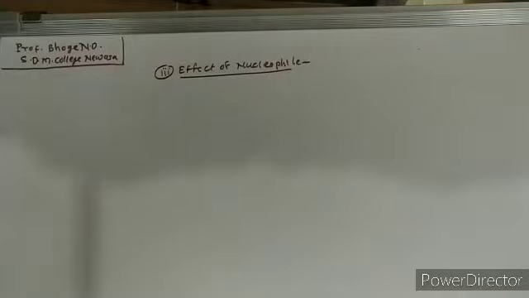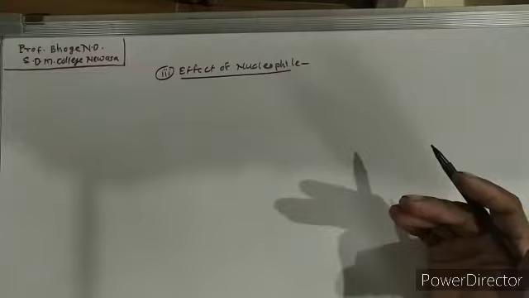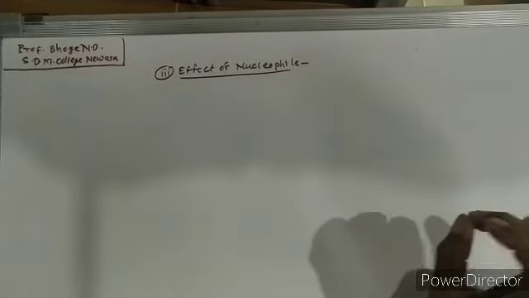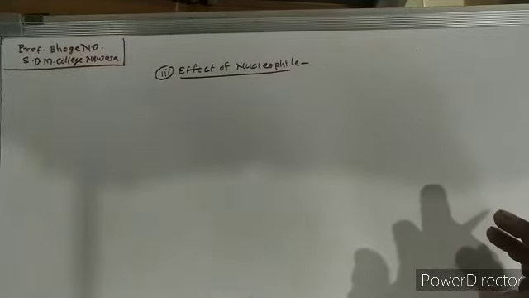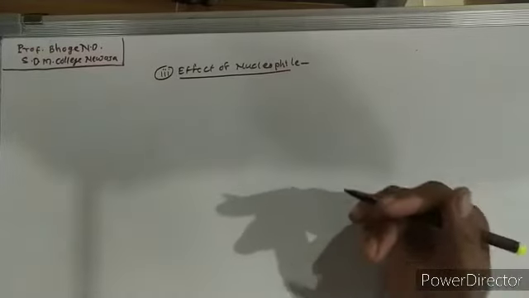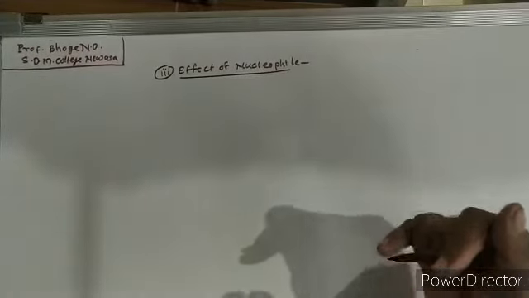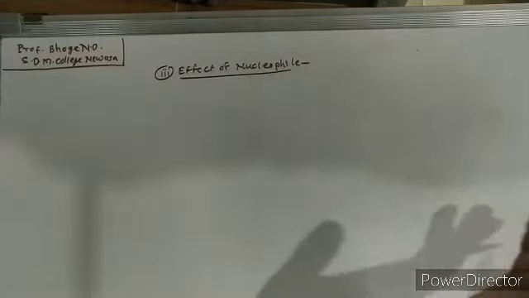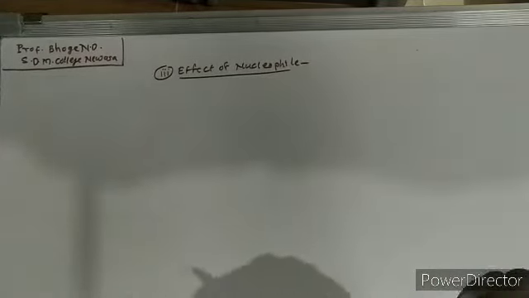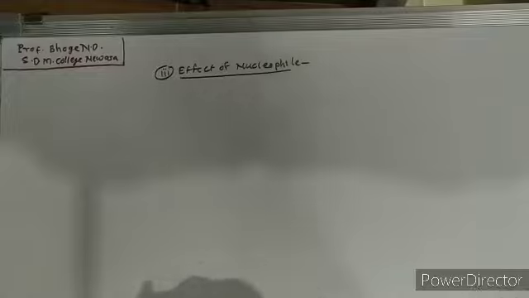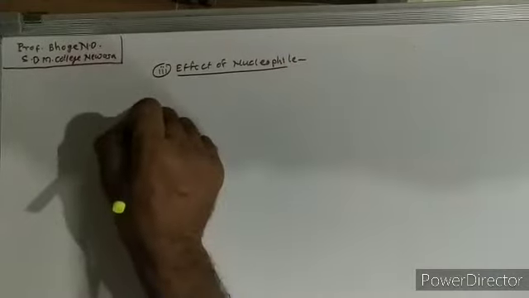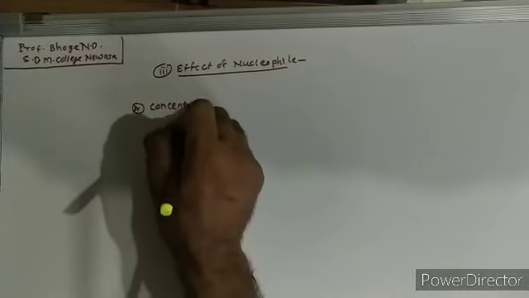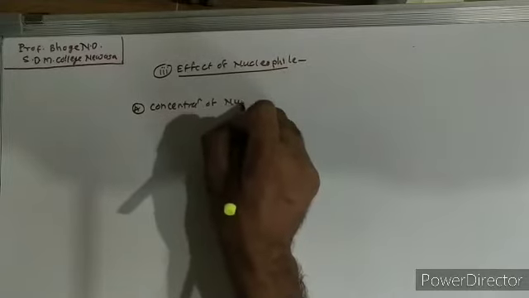Therefore, SN1 reactions do not depend on the concentration and nature of the nucleophile used. But in SN2 reactions, the role of the nucleophile is in the slow step, and therefore SN2 reactions depend on the concentration as well as the nature of the nucleophile used, that is the nucleophilicity of the reagent. So let's see these two factors: concentration of nucleophile and nature of nucleophile. First, concentration of nucleophile.